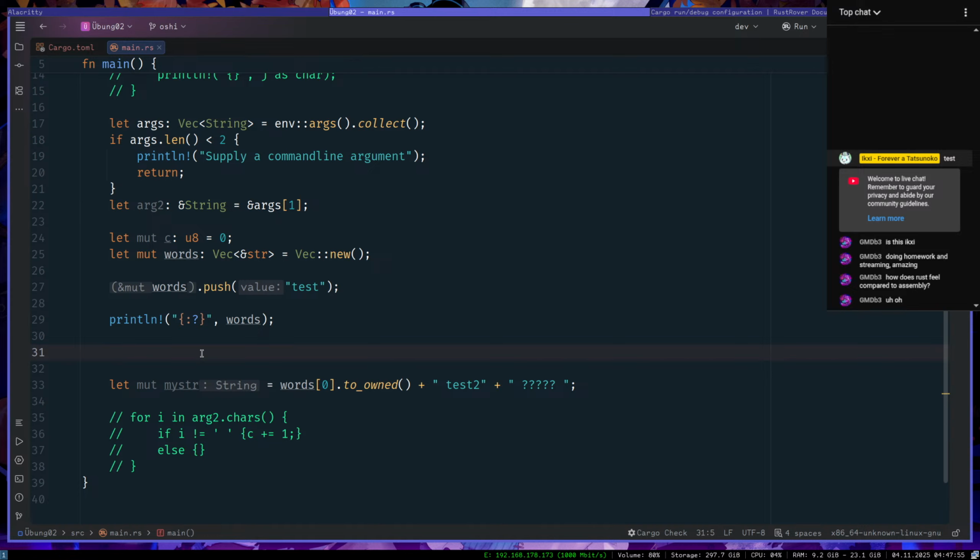Okay. So let new string equal, then I would need to format words 1. Invalid format string. How is that?